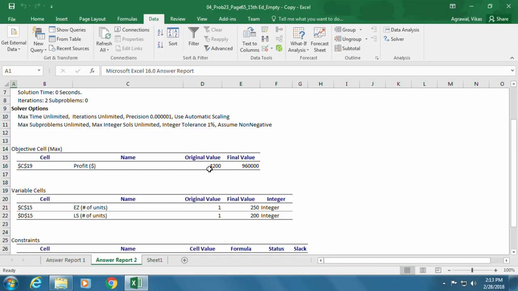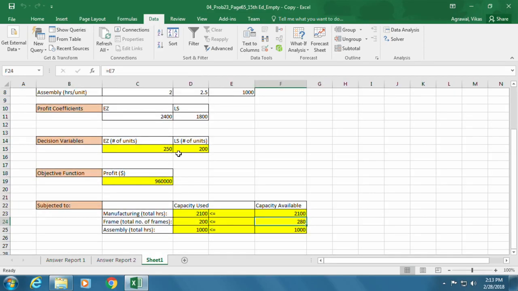We started with 4,200 when we produced only 1 unit of easy model and 1 unit of LS model. We reach $960,000 when we use solver, and now in the variable cells you see that we are producing 250 units of easy model and 200 units of LS model. Those are very similar to what we see here.